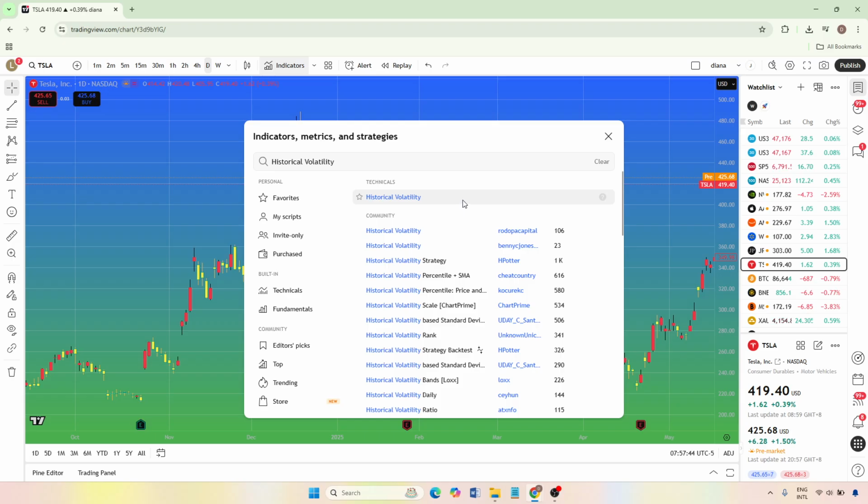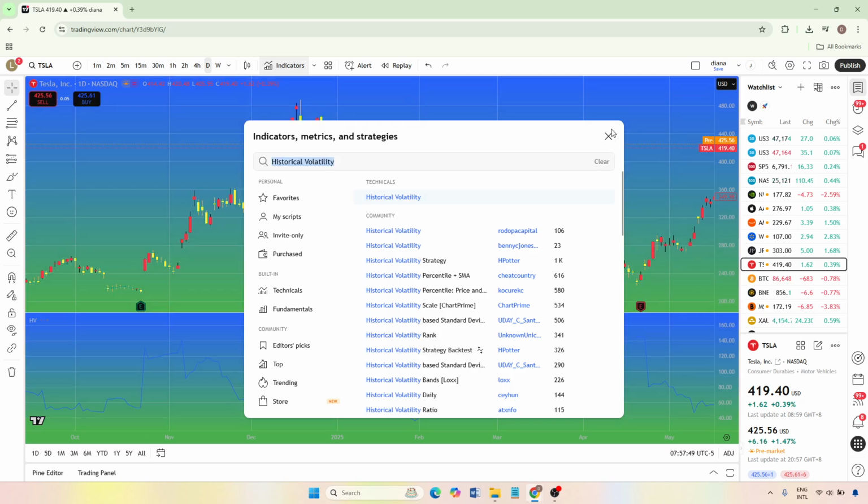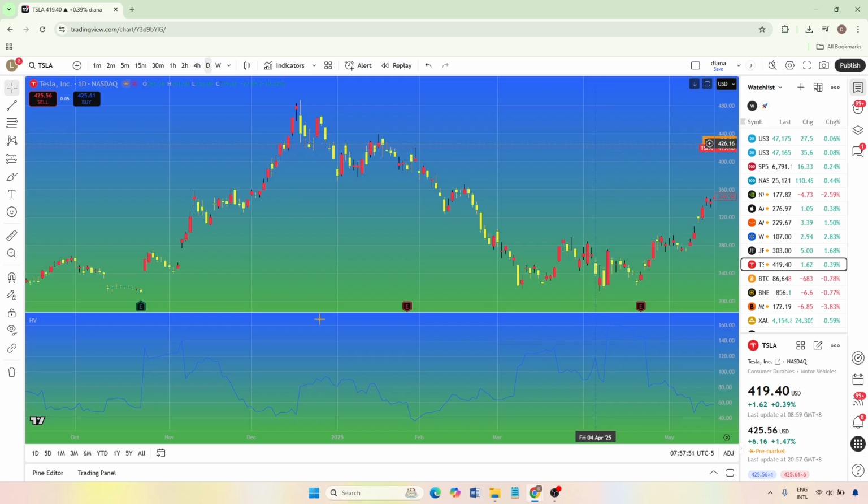Now type historical volatility into the search field. As you type, TradingView will start filtering the results below. You should see an indicator named historical volatility appear in the list. When it shows up, simply click on it once. As soon as you do, TradingView will automatically add it to your chart, usually in a separate panel beneath your